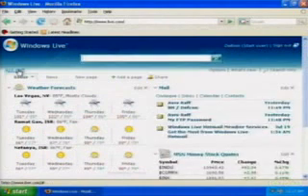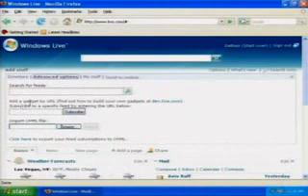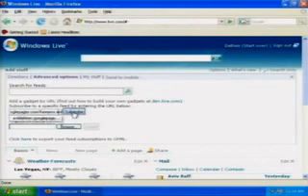Okay, pretty much the same. I go to my RSS feed. Don't write down the address, please.